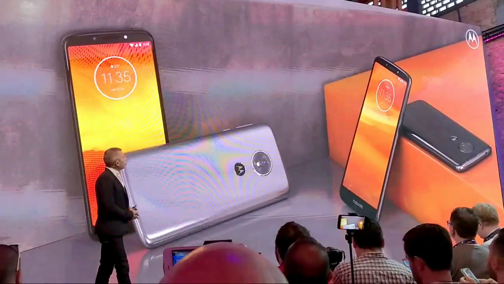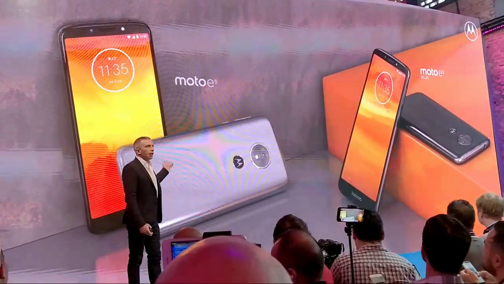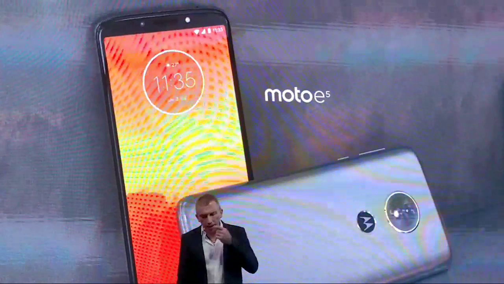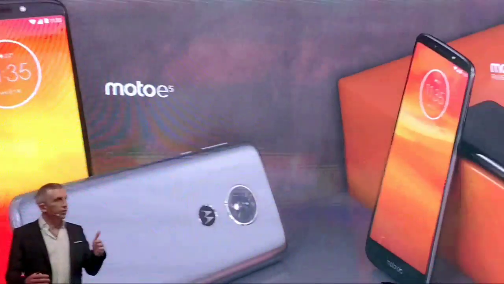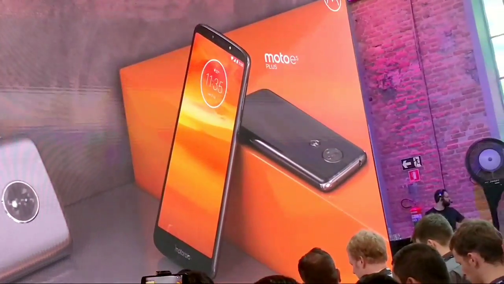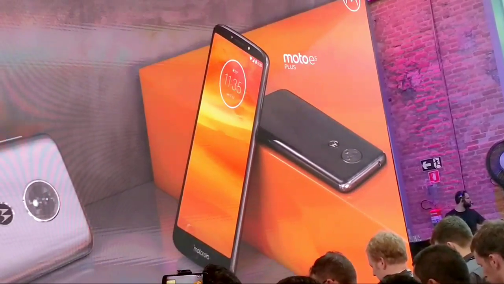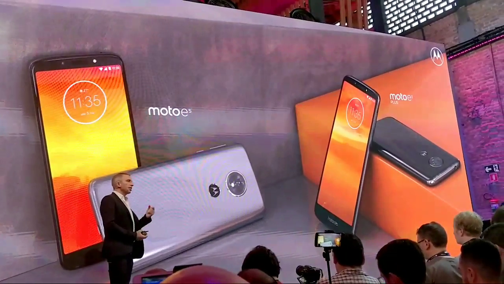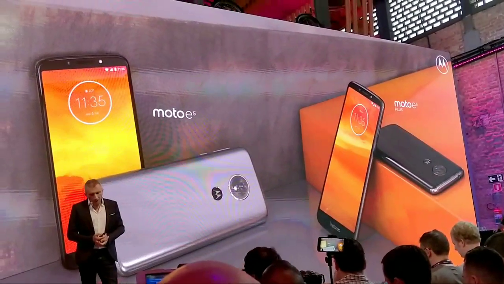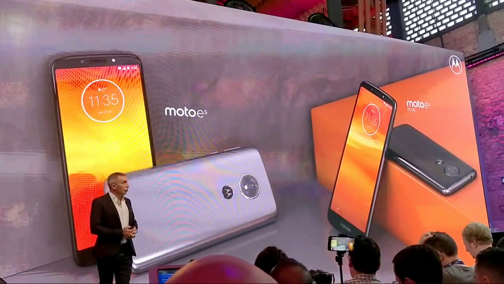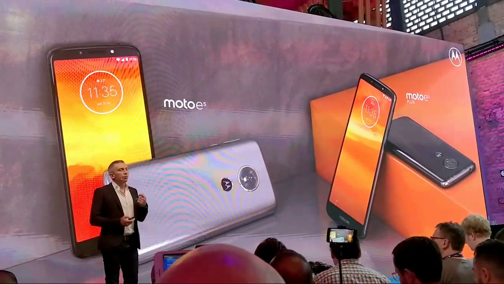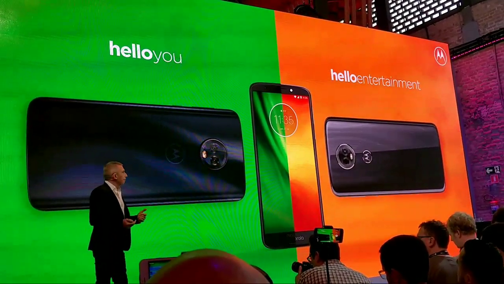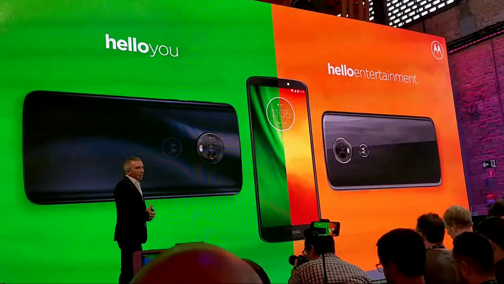So we are announcing today 2 Moto Es, the E5 and the E5 Plus. They are respectively coming with a 5.7 and 6-inch Max Vision display. And you can see the same new design, with the same new 3D curves that we are bringing on the Moto Gs. This is really extending the family and benefiting from all the key aspects down to the Moto E. So I hope you're going to enjoy those devices, use them, and really see all the things you can do with that. I think they are great, they are fantastic.